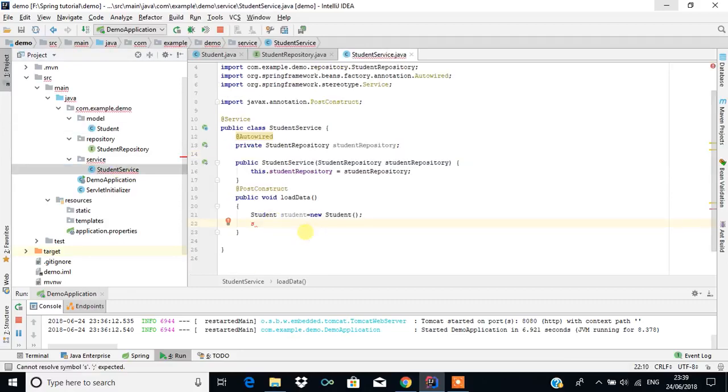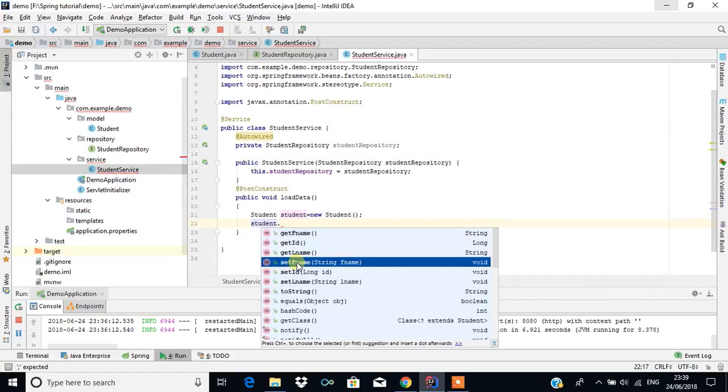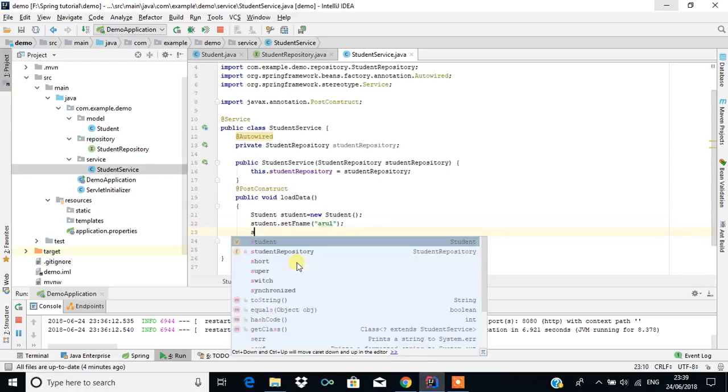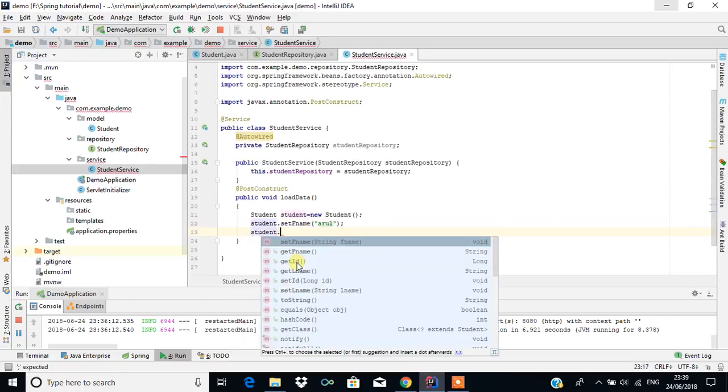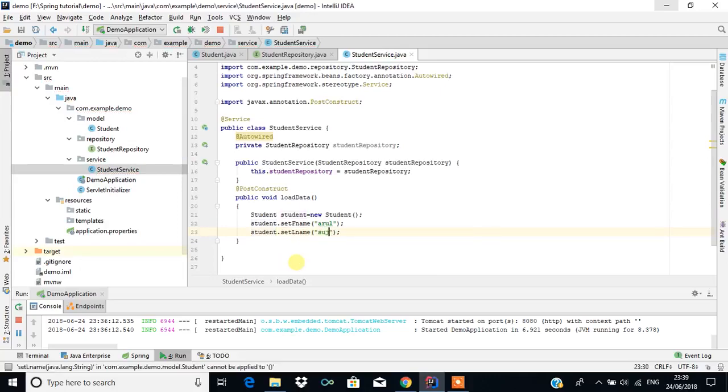So student.setFirstName, I'm going to put some value, then student.setLastName, I'm going to put some value. So now the value has been set.